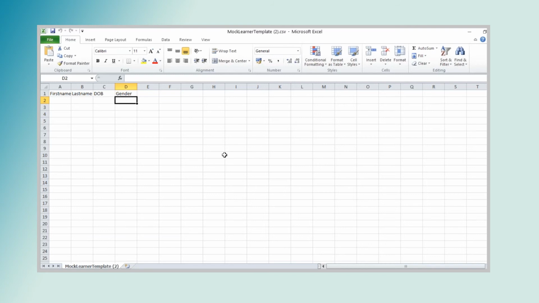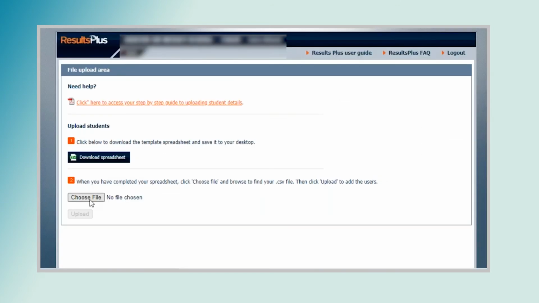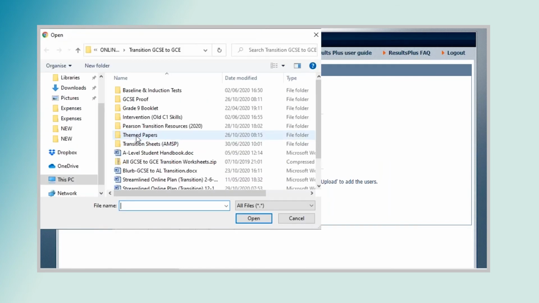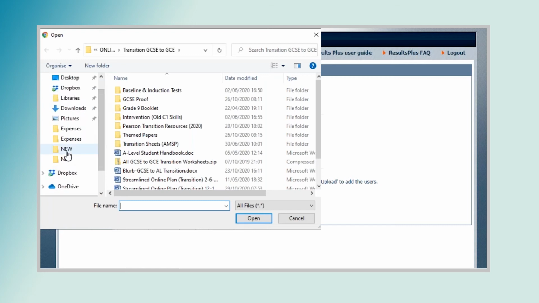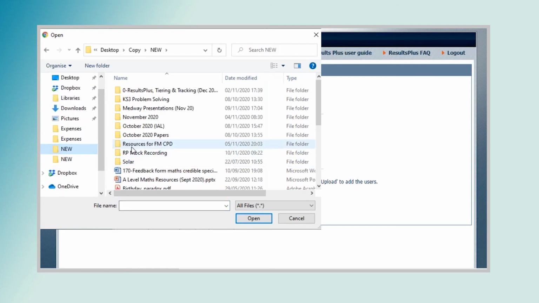What's important is that this document needs to be saved very carefully somewhere on your department drive, and remember, leave it as a CSV file, don't save it as Excel, because the Results Plus system won't understand it. It's the way it's set up. So there it is. It's a template. You can rename it with the year if you want as well. That's fine if you do that. It doesn't have to be, but it must be CSV.